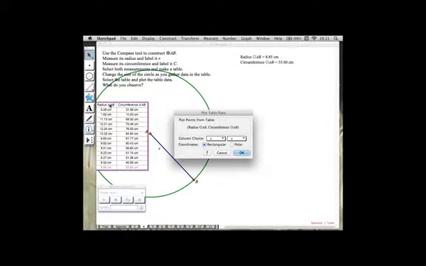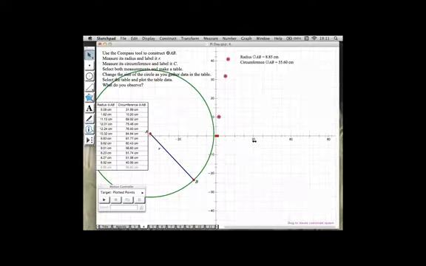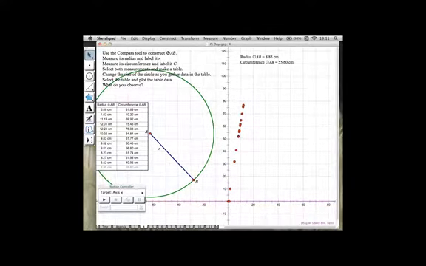So by clicking OK, as my circle animates wildly, I'll collect a whole bunch of data. So now I've got 10 new values of data,